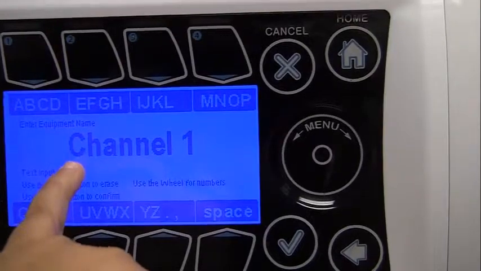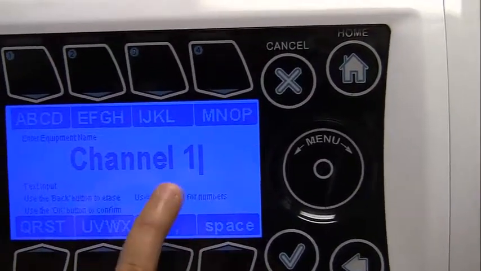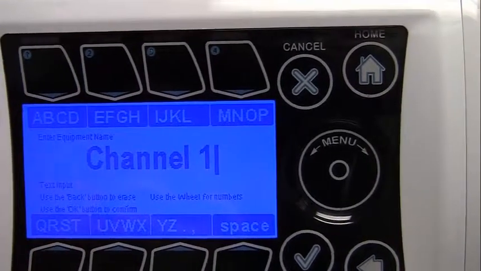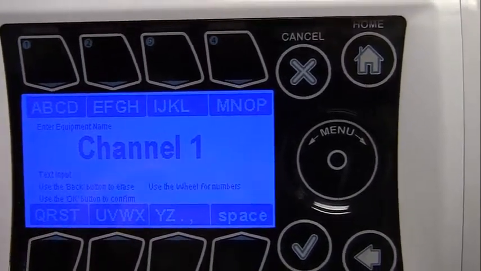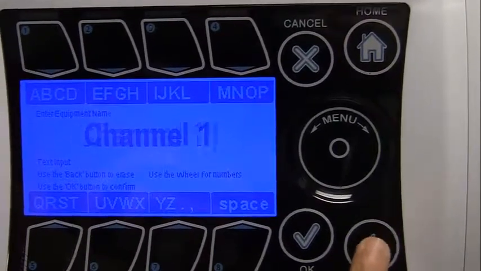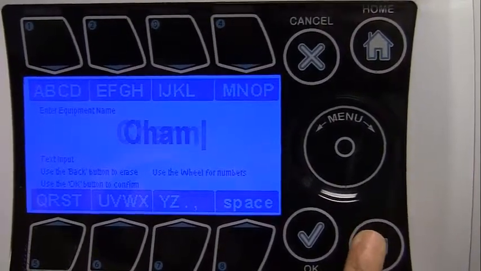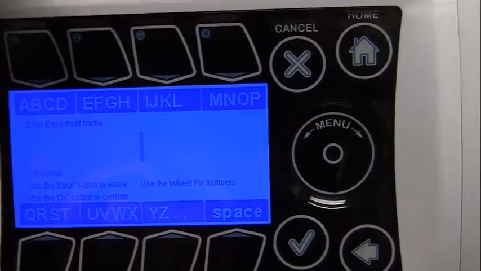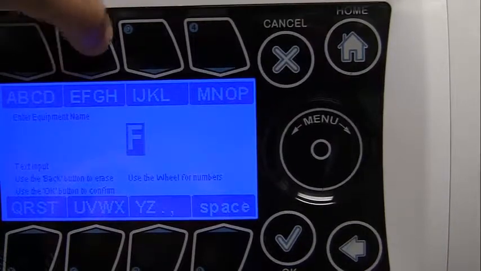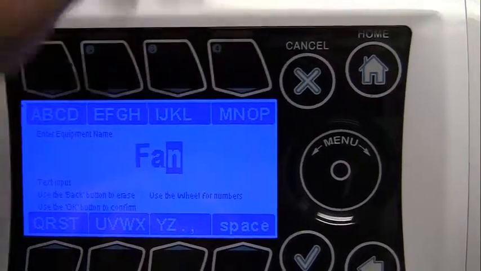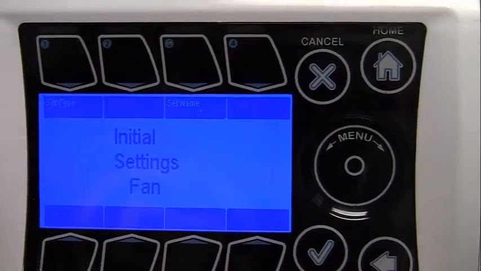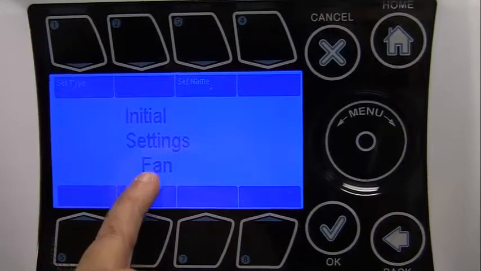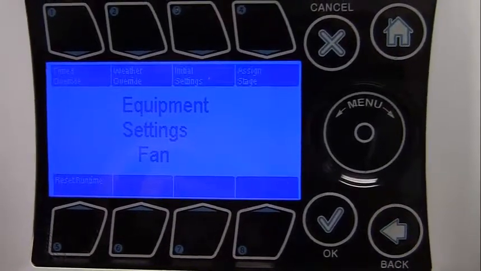And then it's going to give you the option to choose what channel you want under there. So for channel 1, we already said we're going to do fan. So what you want to do is hit the back button to erase the channel 1 name. And then what we want to do is set it up as fan. So we're going to hit F, and then we're going to hit OK. And then once we have the initial name set up, we're going to hit the back button,